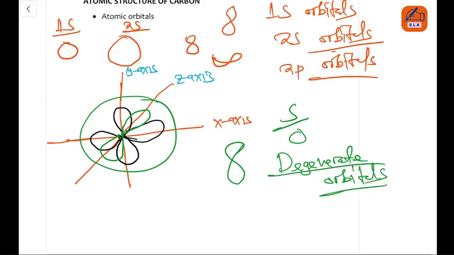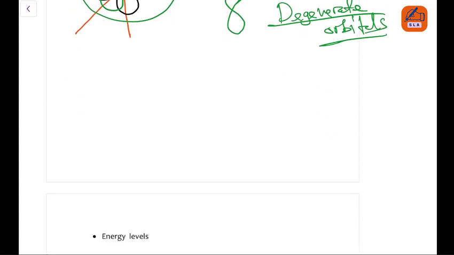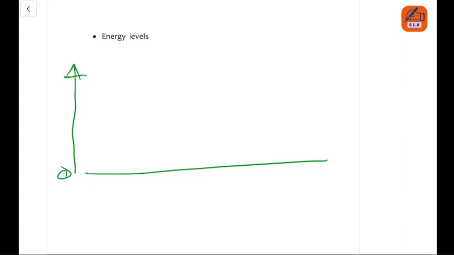So we have seen the shape of atomic orbitals. Now, the energy level. Let's see the energy level. The energy starts from here, which is 0, and here is the ground state. The first s orbital is in here. Let me call it the 1s orbital. The 1s orbital has the lowest energy among all atomic orbitals available in any atom, and it is followed by the 2s and followed by